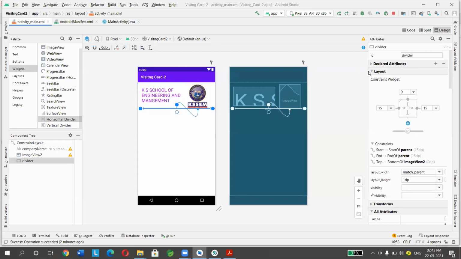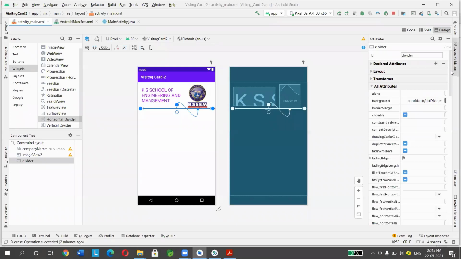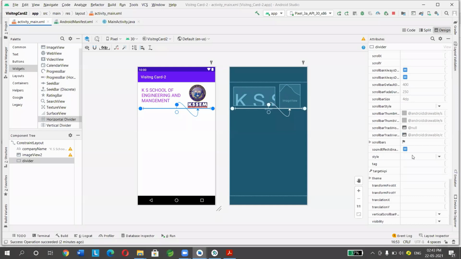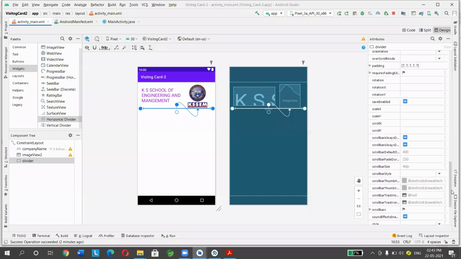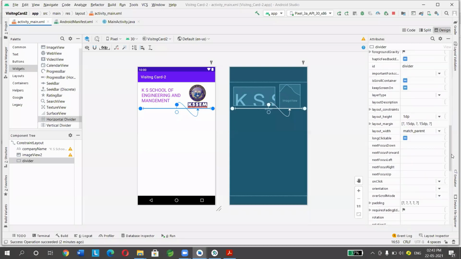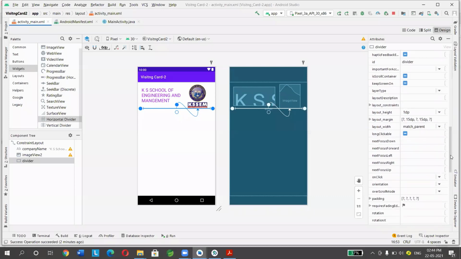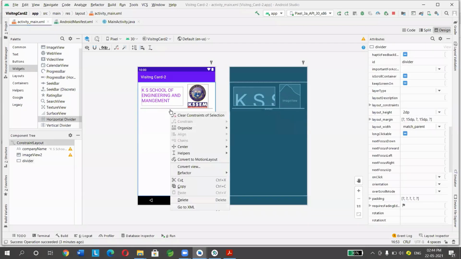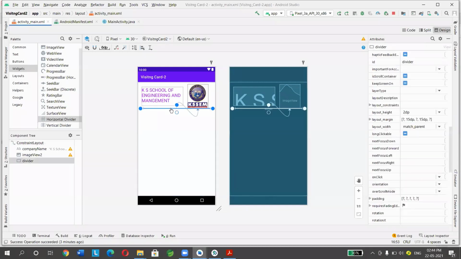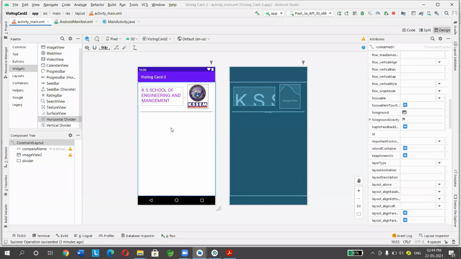So in all attributes, layout height 1 dp is there. Okay, so I have drawn a divider.